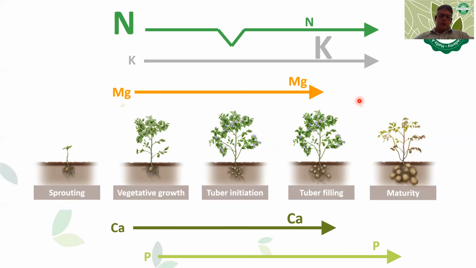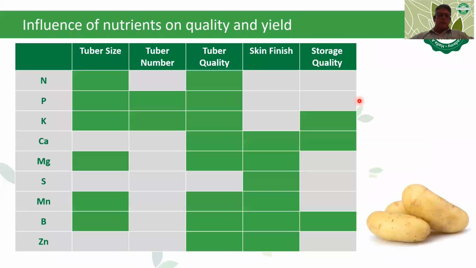And then your phosphate, you can see phosphate wasn't in the previous slides, but phosphate, you need root development initially, but because your stolons and your tubers are developing in the soil, you need constant phosphate for that root development to take place. And just some of the influences of the different nutrients on the different